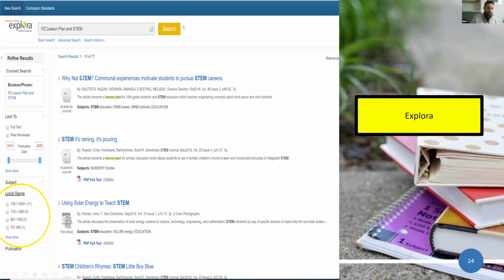So all these articles, if they're not step-by-step assignments, assessments, handouts, or curriculum, then they present lesson plans, like right here. This article presents a lesson plan, this article presents a lesson plan. This article discusses the presentation of solar energy. So they're not all going to be the same, but they're going to be really important tools in your toolbox if you're creating a lesson plan, or if you're putting together anything for a student,